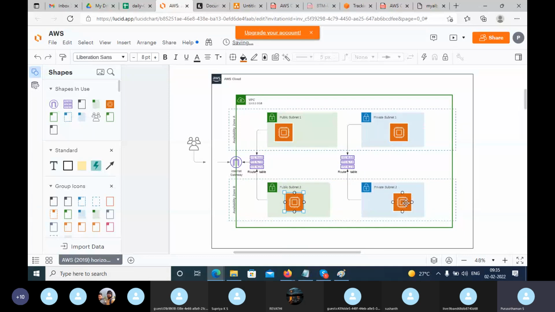So see this, this is nothing but your server. You have a private server in two zones, availability zone A and zone B, and you have the public servers also, zone A and zone B, for high availability.